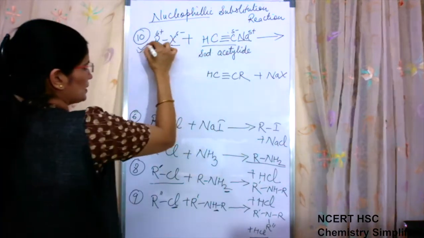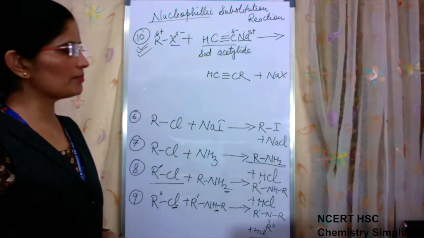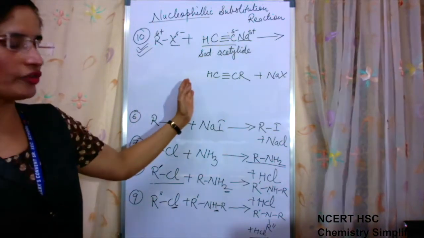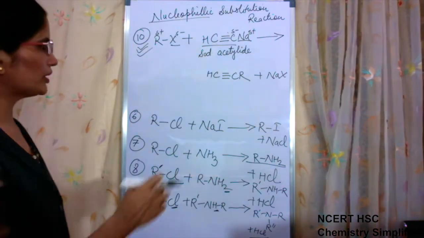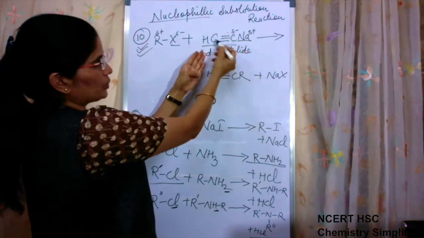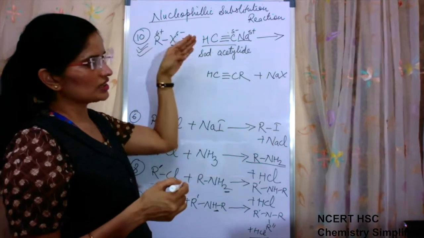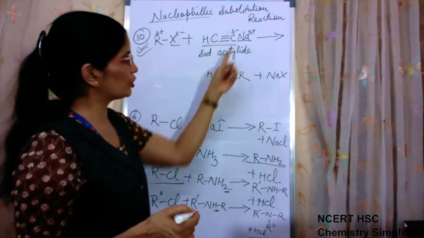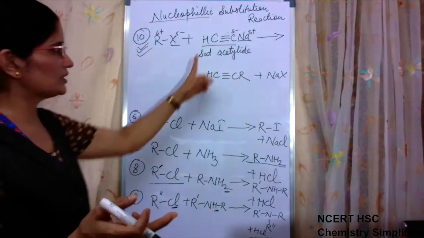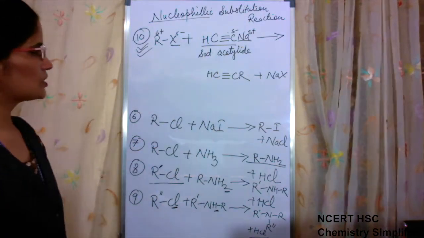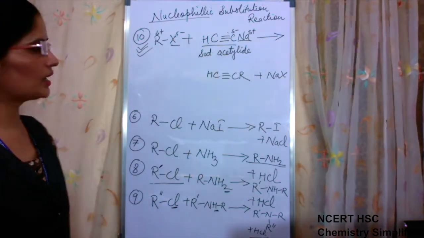This reaction is very important. Why? Because when you do conversions, which are a very important part of organic chemistry, when you have to increase the length of carbon chain, this reaction is very important, because you are taking already 2 carbon atoms and the R group has some number of carbons, maybe it is suppose ethyl group. So 2 already are here, 2 more you are adding by this reaction. So whenever you have to increase the length of carbon chain, this reaction is very important. So we can use RX with sodium acetylide to form longer carbon chain.